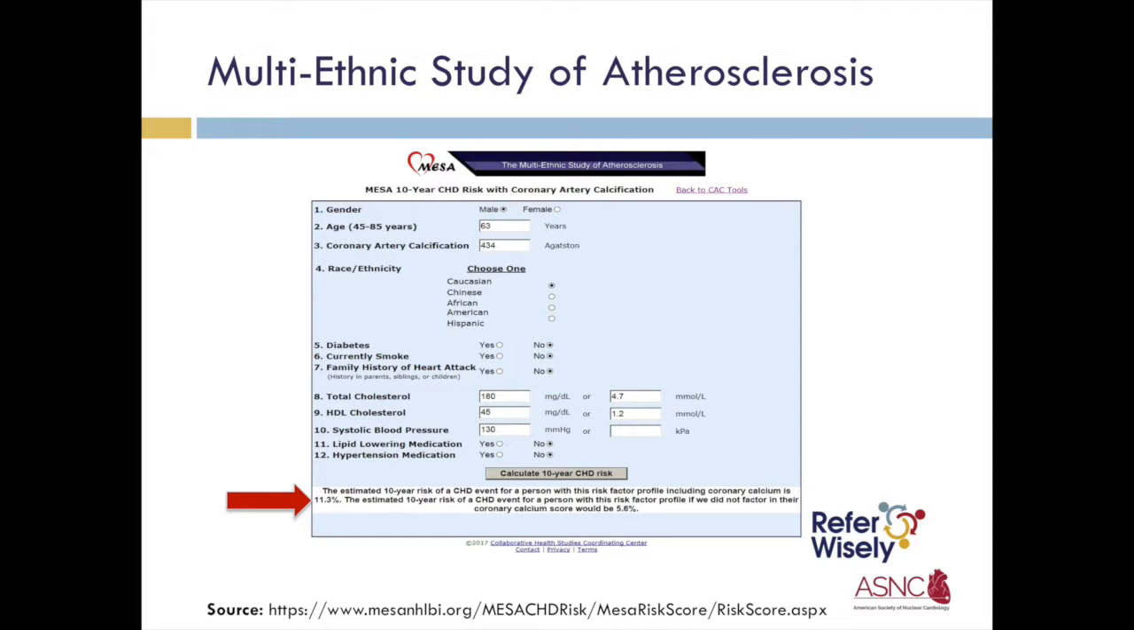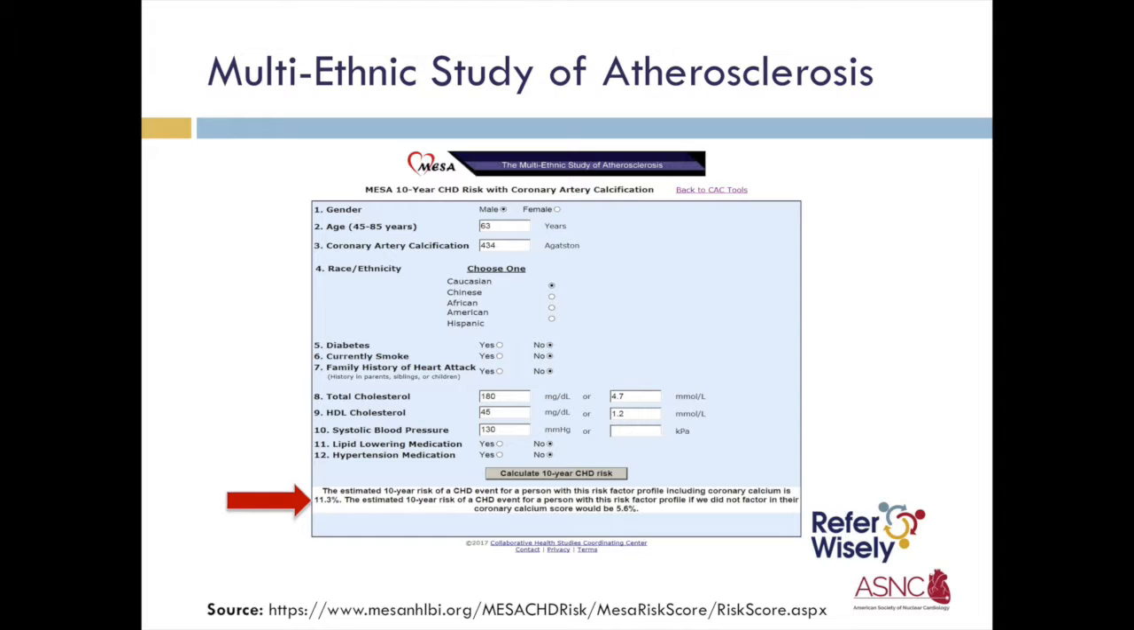So when determining the patient's risk, it's often helpful to use a risk score. And here you can see an example of the MESA 10-year risk score. It's a risk score that incorporates several factors that the patient has, including gender, age, race and ethnicity, prior risk factors including diabetes, smoking, and family history, lab results including cholesterol, vital signs including blood pressure, and prior medication use. And it also incorporates coronary calcification,